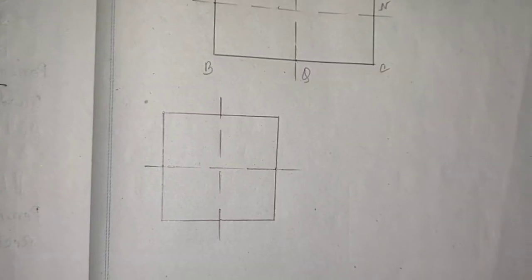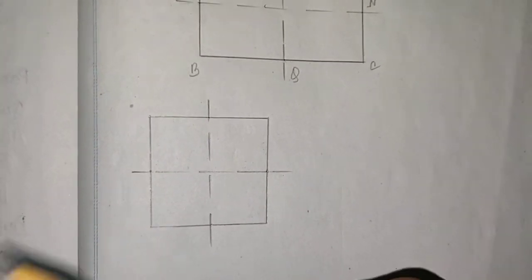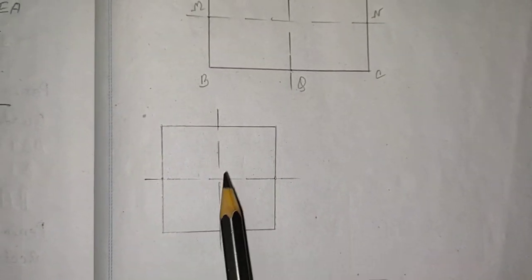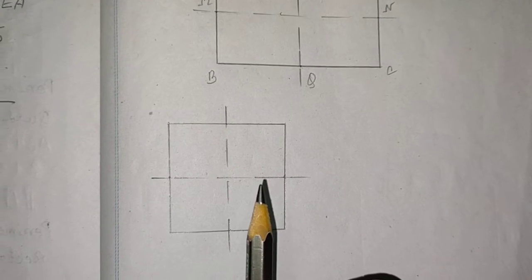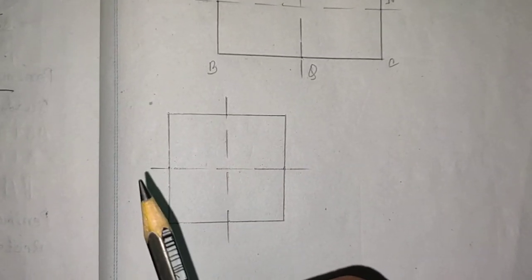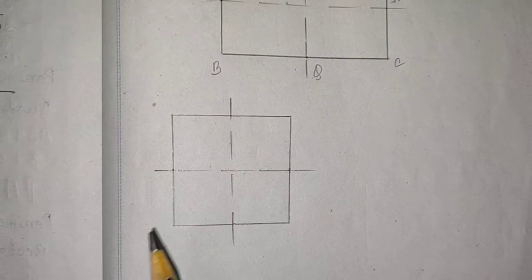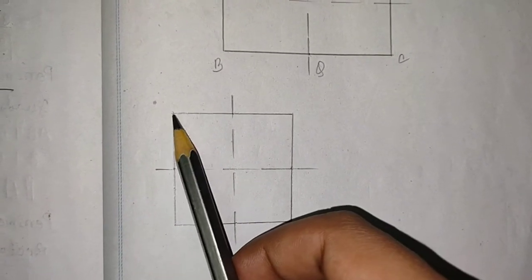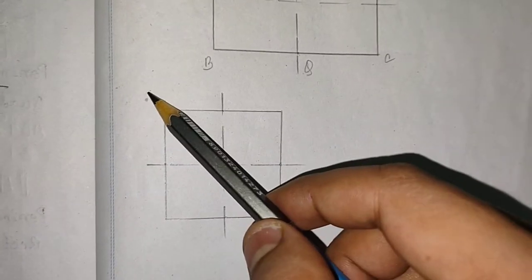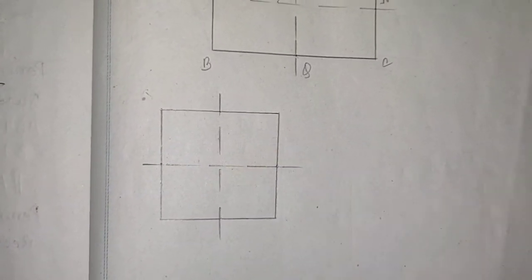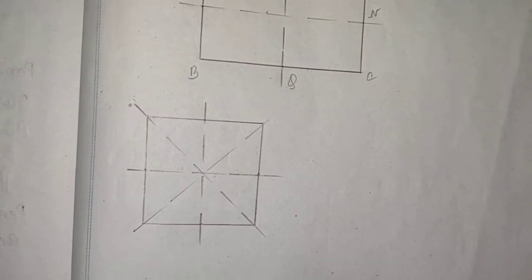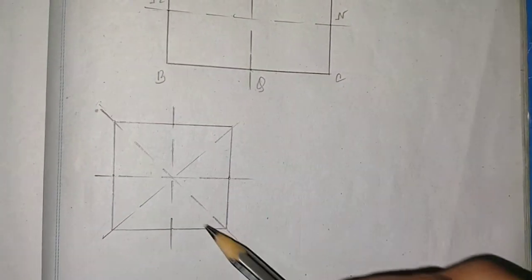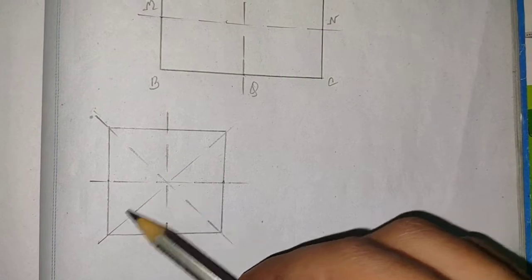Now look at this figure, this is a square and we found two symmetrical lines here. But if you closely observe, we can find two more symmetrical lines there. Like if we divide this along this line and along this line, let me draw it. Now look here, I can draw two more lines. So this